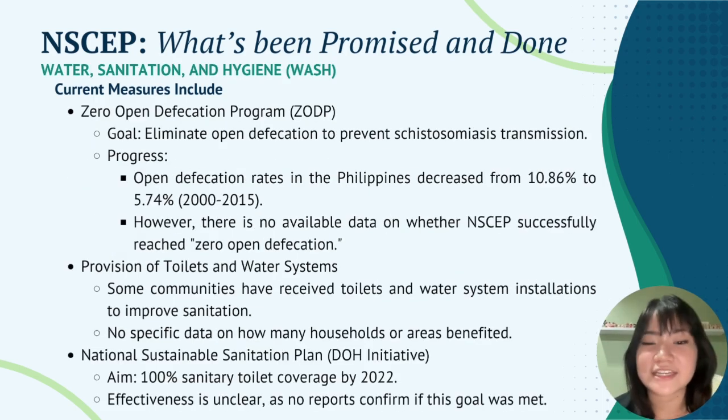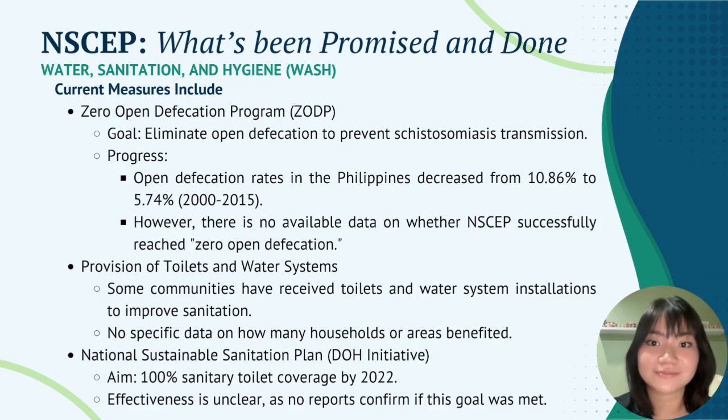When it comes to water sanitation and hygiene, the current measures to combat schistosomiasis include the Zero Open Defecation Program, which aims to completely eliminate open defecation to reduce schistosomiasis transmission. While rates dropped from 10.86% to 5.74% in the years 2000 to 2015, there is no data confirming NSEP's success in achieving the goal of zero open defecation. Some communities receive toilets and water systems to improve sanitation, however, the exact number remains unknown. The National Sustainable Sanitation Plan aimed for 100% sanitary toilet coverage by 2022, though reports on its effectiveness are lacking,